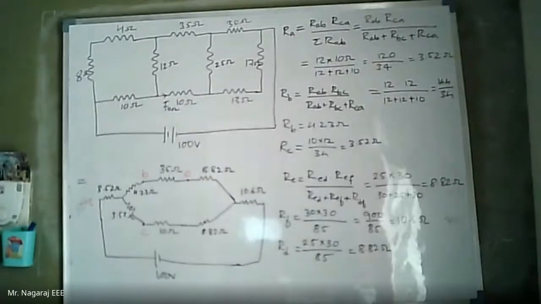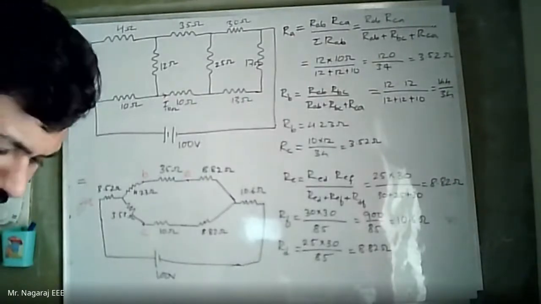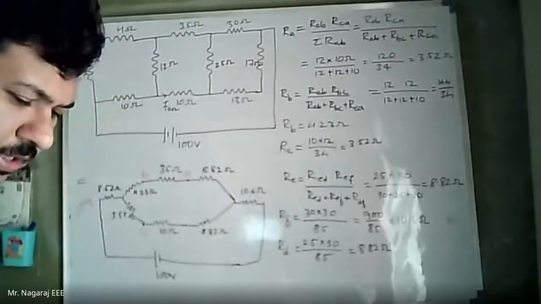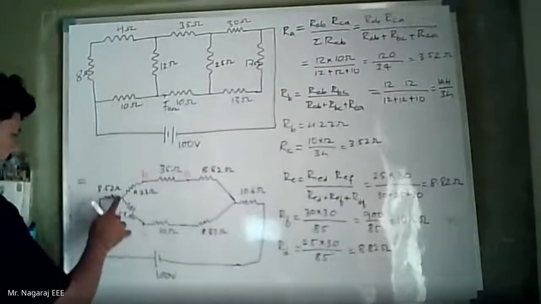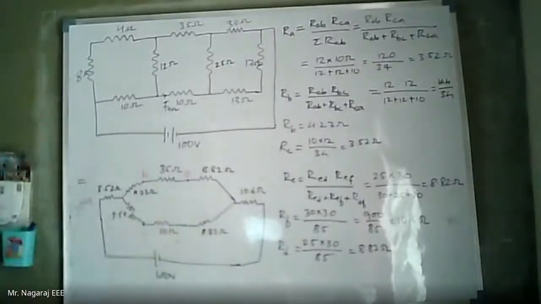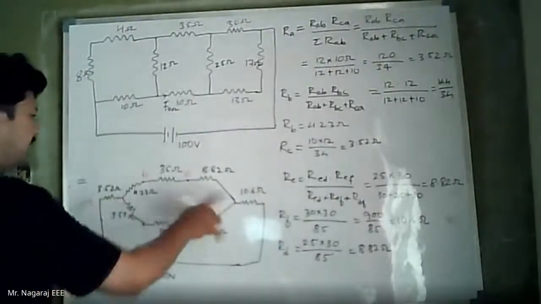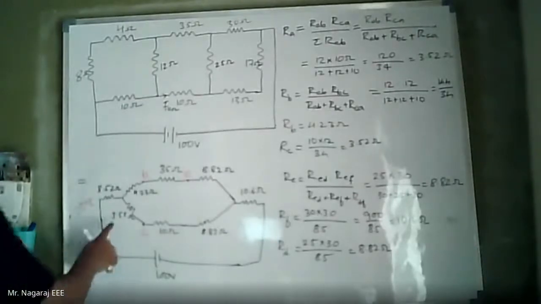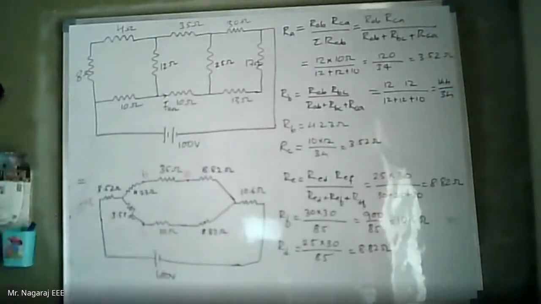Now what is been asked here is, I want to obtain the current in 10 ohms. That is current in this branch. Now 4.23, 35 ohms and 8.82, they are in series. 3.52, 10 ohms and 8.82 ohms, those are in series. Meanwhile, I will combine these two series combinations, and those two are in parallel.